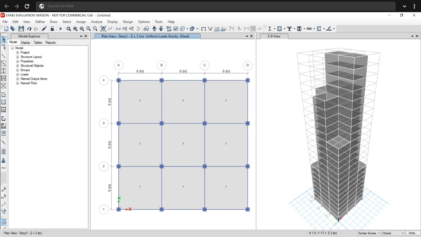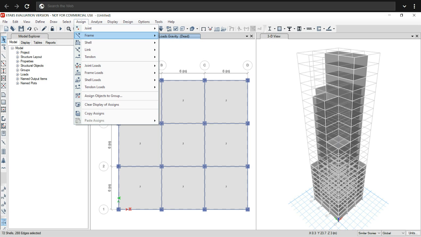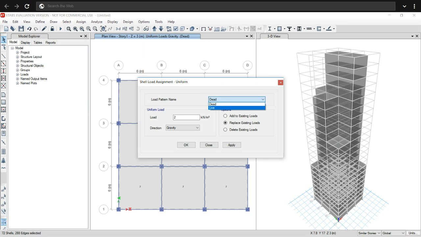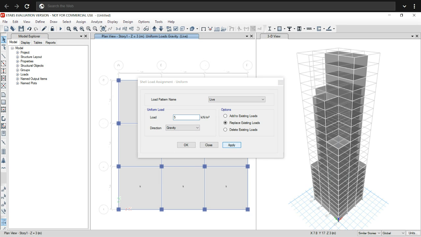Now we will assign the live load. Then go to select, get previous selection, go to shell load, uniform, live load, 5 kN per meter square, apply, OK.